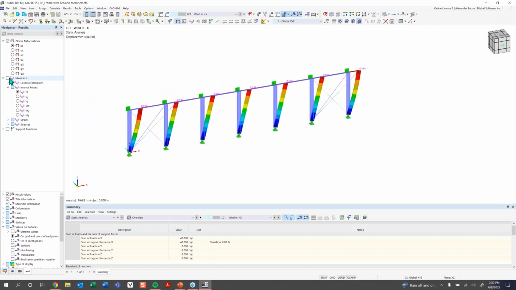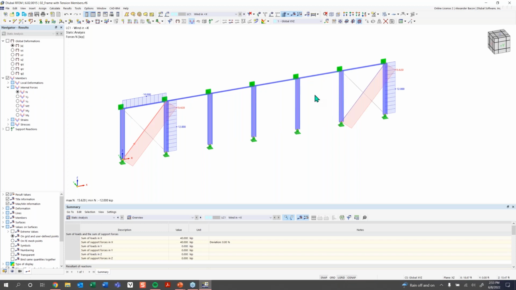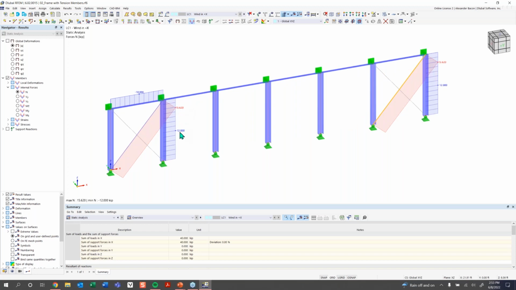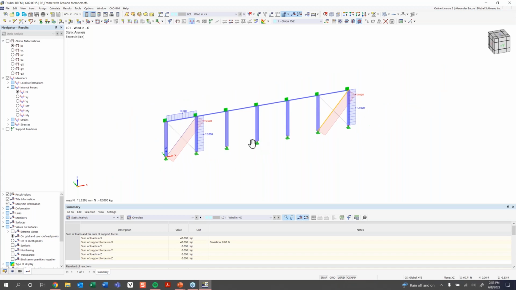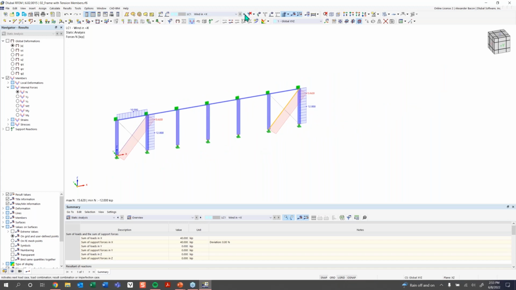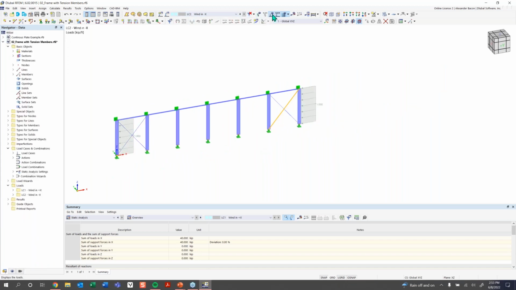We can also check on the results for our members and take a look at the normal forces or axial forces. And now we can see what the axial forces are on those two cable elements that are taking the tension. So red is positive for tension. You can see the blue here is negative for compression. And then if we also take a look at our